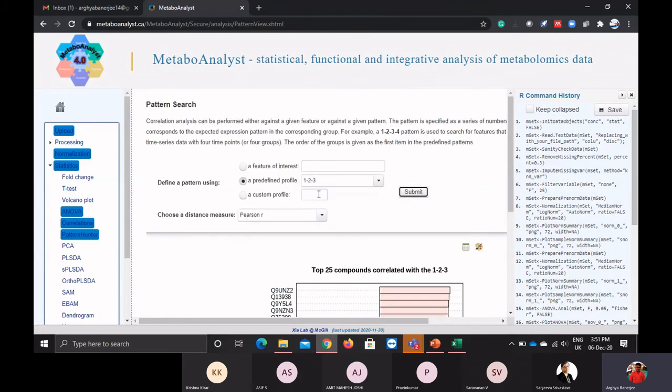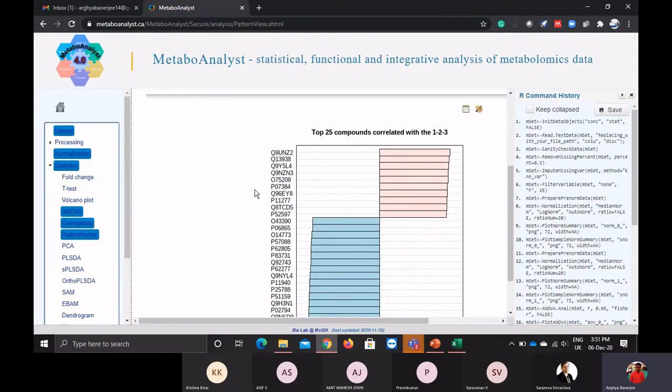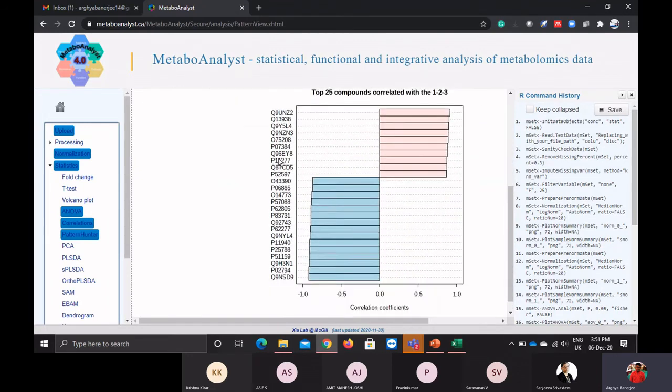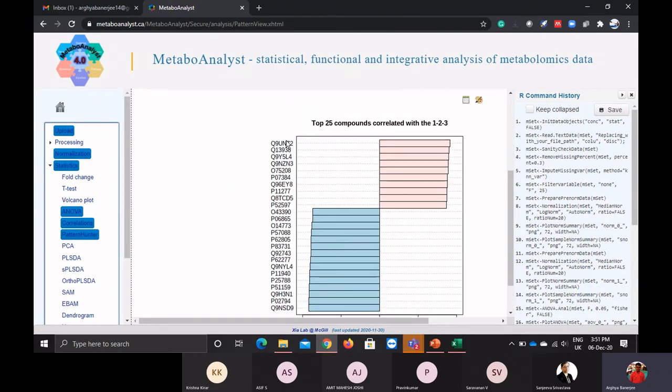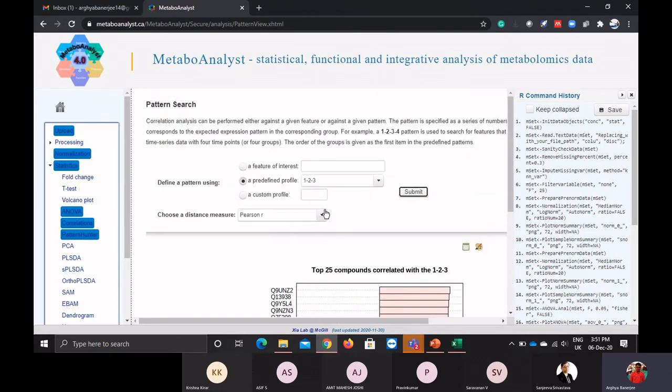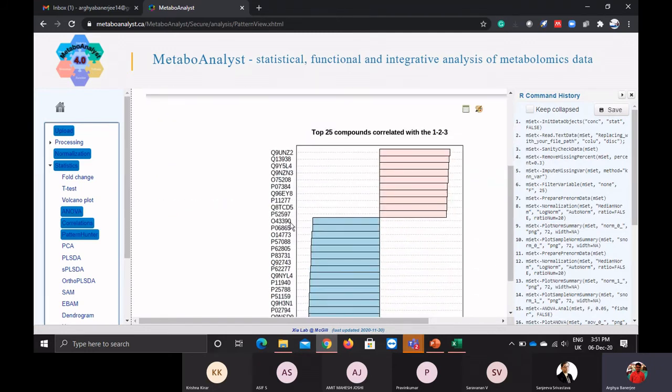Yeah, see, if I give 1, 2, 3, then you can see it separates the top 25 compounds. So these proteins are showing a similar trend in their correlation coefficient. Once they have calculated the Pearson R correlation coefficient, these proteins are following the same trend across the individuals.